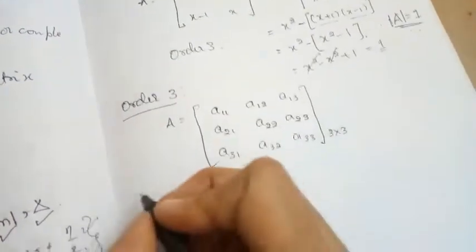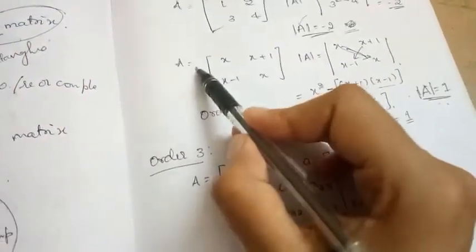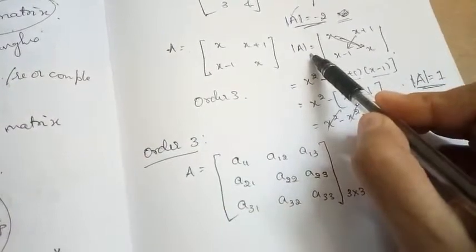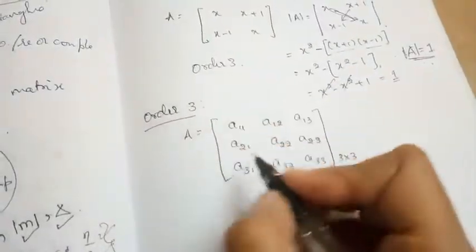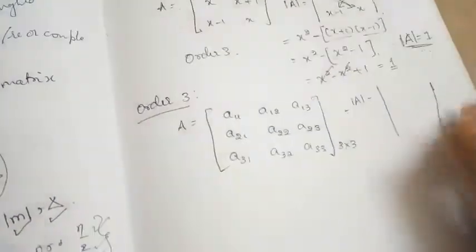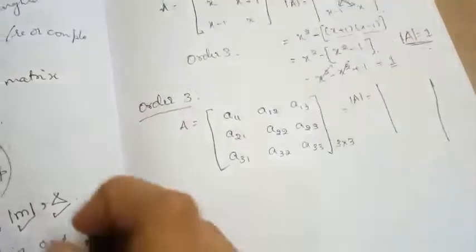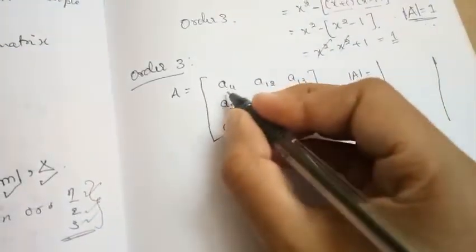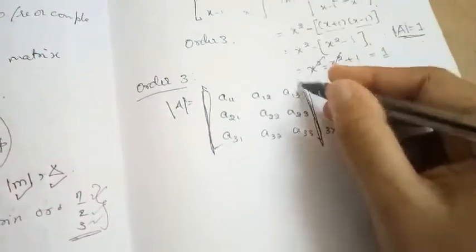Here now I need to expand. As I expanded the determinant for a matrix of order 2, I represent it in determinant notation and expand. Now there is one step on how to expand a matrix of order 3 to get a determinant value. Representing it as a determinant means we write the elements of this matrix between two parallel lines. I will call this itself determinant A and put it between parallel lines. When I am using determinants, there is no need to write the order.